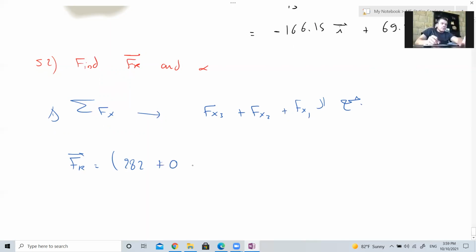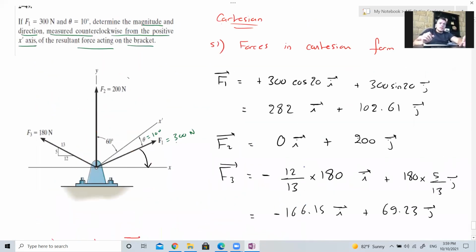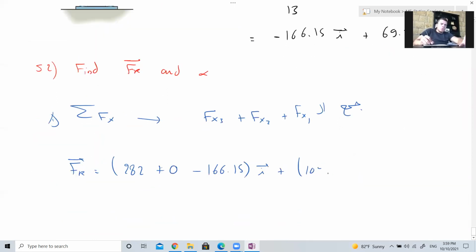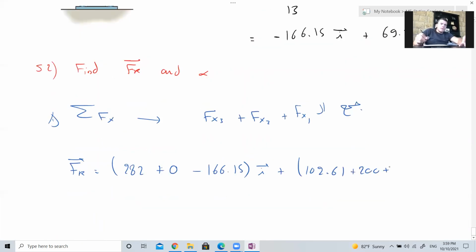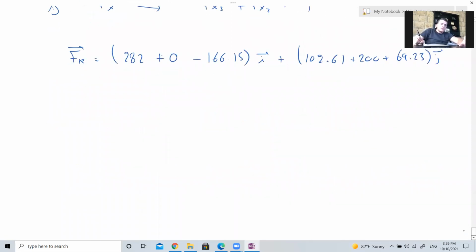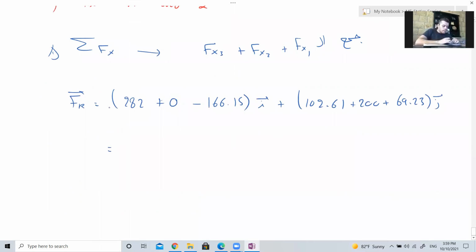282 plus 0 minus 166.15 i, plus for the j we have 102.61 plus 200 plus 69.23 j. So here you have 115.85i and here you have 371.84j. Now we can find the magnitude,